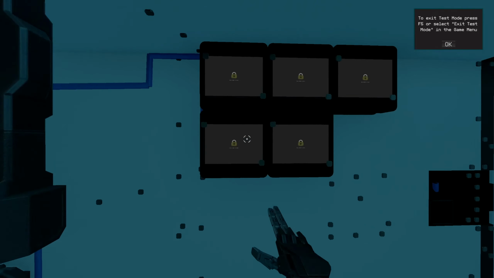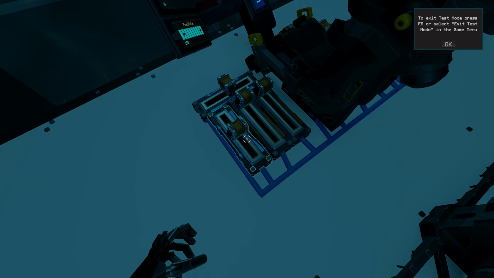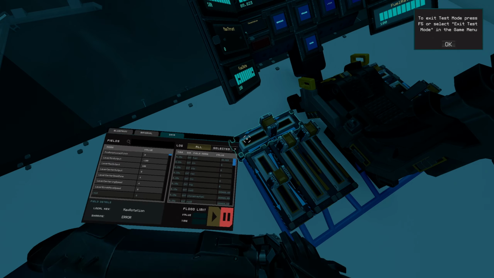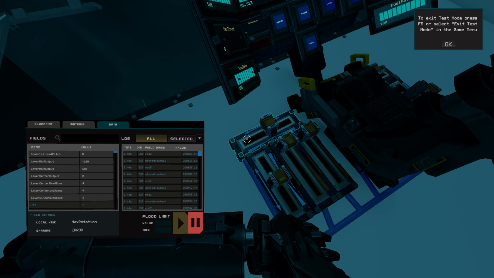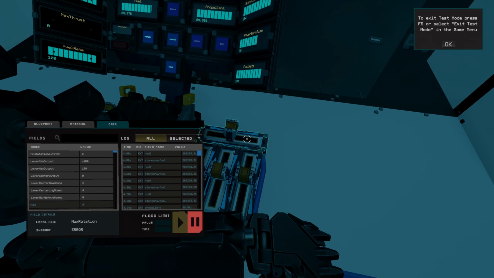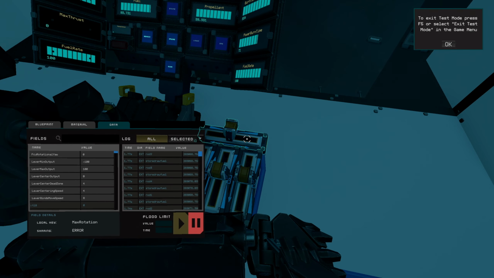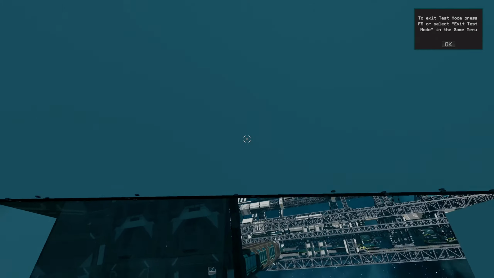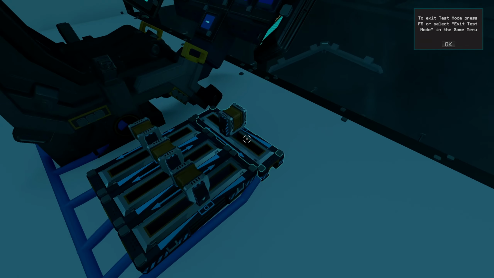Now, in the extra controllers, I have them labeled as FcuRotationalPitch and FcuRotationalYaw. These are only for the turrets. So if you listen, if I turn this,